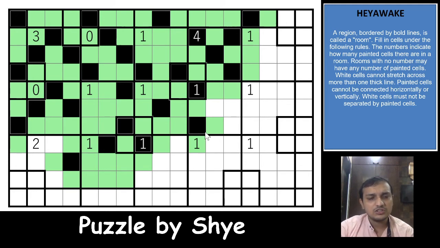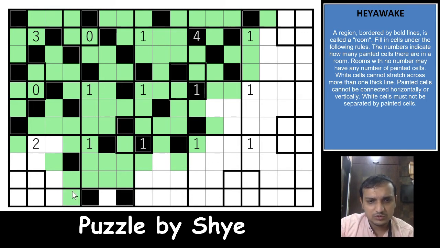All the possible logics that we can see in a Heya-Wake puzzle can be seen here in this puzzle. And okay, so this will have to be shaded, this will have to be shaded because of the thick border rule again. So we'll have to look out for all the possibilities for the thick border rule. Same way these two will have to be shaded, thick border rule in the columns, right? And that shades this cell because of the thick border rule in the row. Unshade this cell, and this will have to be shaded because of the thick border rule in the column. Nice.